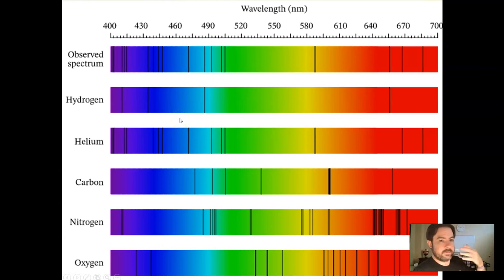Okay. For instance, let's say I'm looking at a distant star and I want to know what it's made up of. For instance, our sun is mostly hydrogen and helium. And I'm looking at the light from the star and it has these absorption spectrum lines. So which gases match up here? Well, let's see. It looks like this line here, this line here, this line here. So in this particular star, it looks like there's some hydrogen. What else might there be? Oh, it looks like this matches up. These two lines match up. Oh, and helium. It looks like the majority of what this star is made of is mostly hydrogen and helium. Okay. So we can do the same thing with other stars, atmospheres of different planets, distant galaxies.